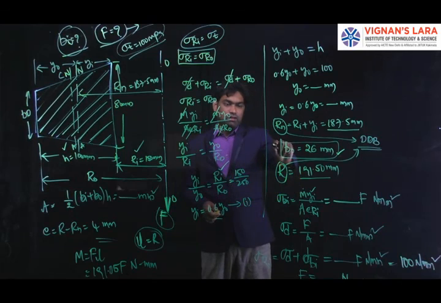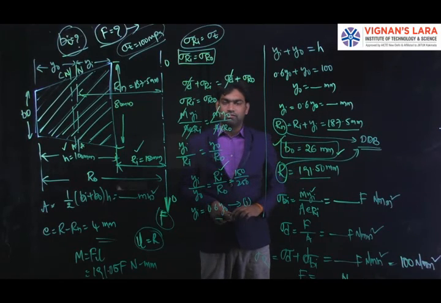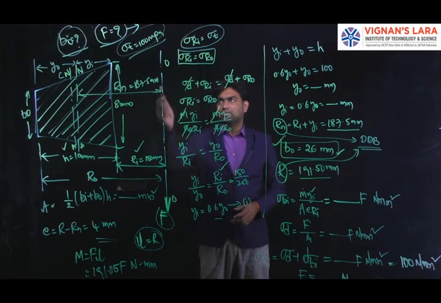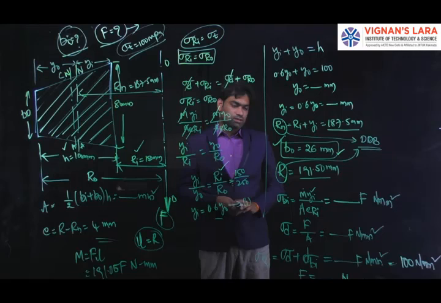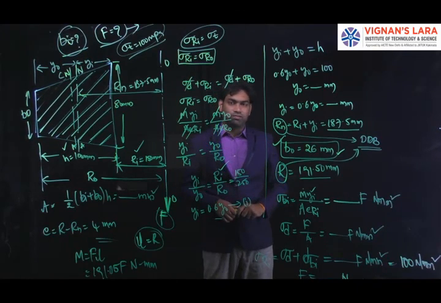I have given the answer for the width at the outer fiber. So you can find out the capacity of a crane hook, the maximum capacity with the permissible stress value of 100 megapascal, and check the values, whether it is exactly the same or not. I will send the solution through WhatsApp after your completion of your notes.